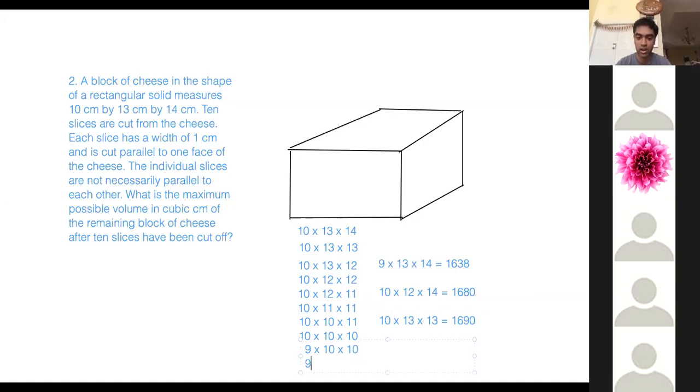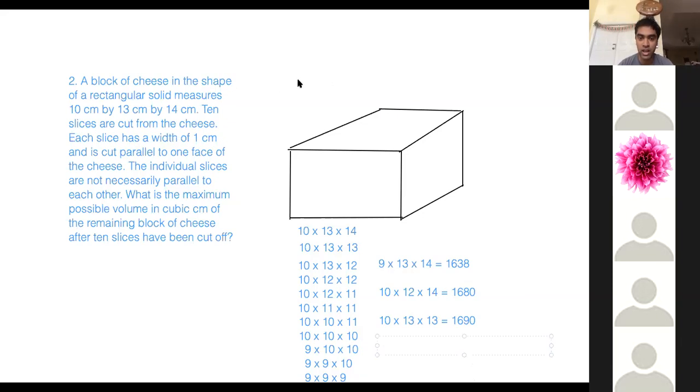The next one I want to cut from a 10. 9 times 9 times 10. And finally, I end up at 9 times 9 times 9. Does this make sense? So the trick here, once we know that we're always cutting from the largest dimension, you could think about, okay,